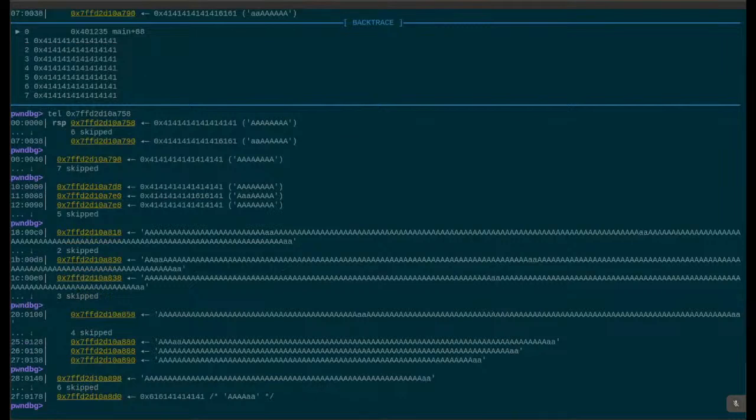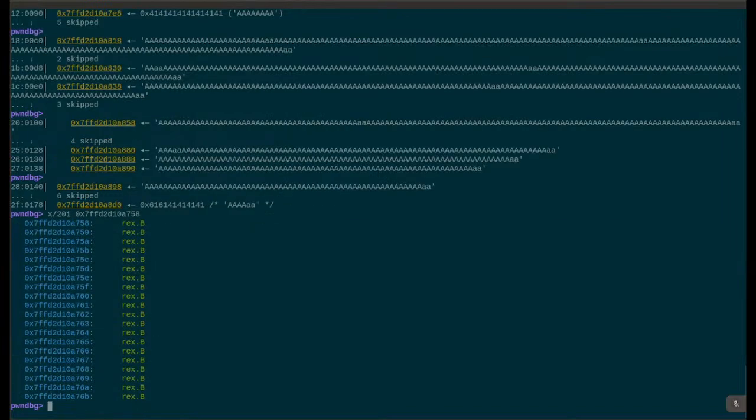How convenient. It is our input that is stored in the stack. Now let's switch the way in which we are seeing the stack. You see the stack as a place where you store something. Now you have to look from an angle where you think the stack is a place where your shell code will be executing. So we can do something like x/20i, which means it will interpret the memory as instructions at the